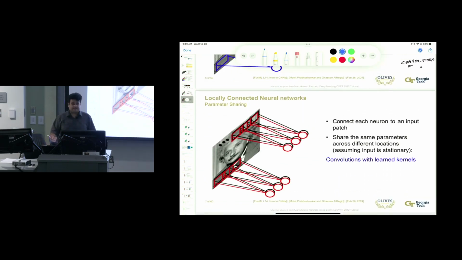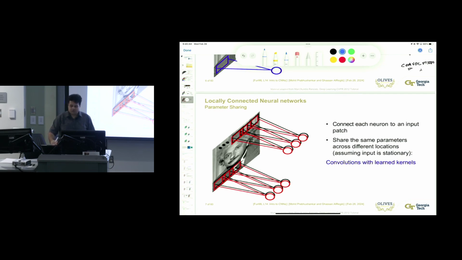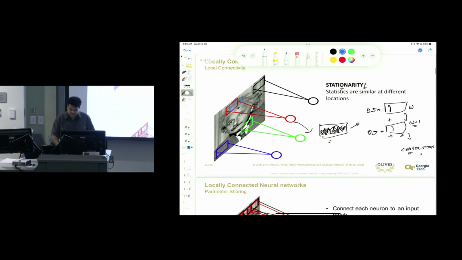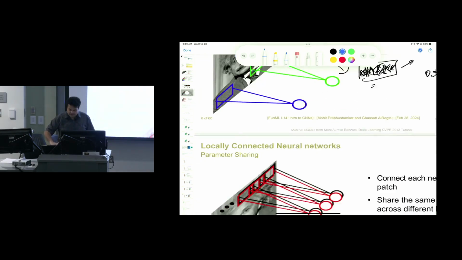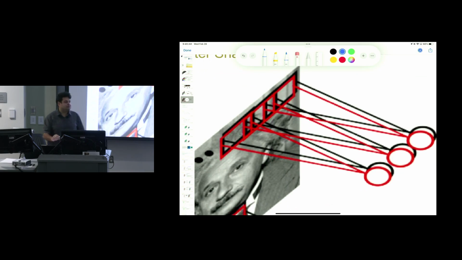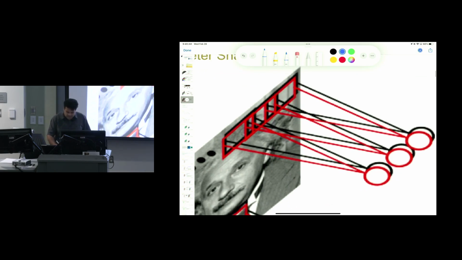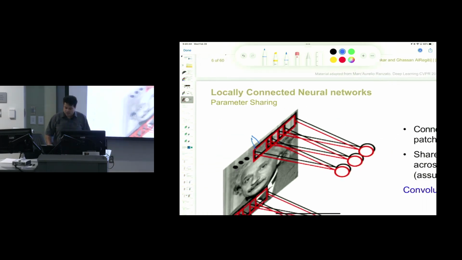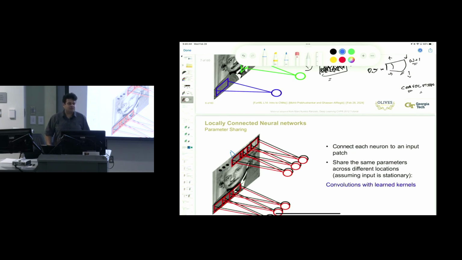So basically, this is exactly what convolution is. We connect each neuron to an input patch. Rather than connecting each neuron to the entire image, we construct input patches. I think these two things are very far apart. In the next slide, we're showing the same thing, but closer together, right? So this and this are very, very similar to each other. The stationarity property between them exists. And what we can do is share weights and parameters between them. The methodology of doing that is something called convolution with a learned set